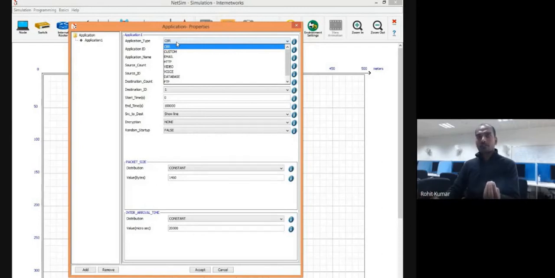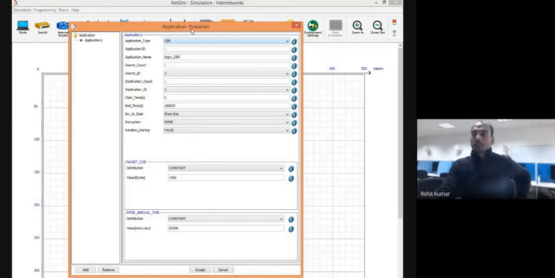Suppose I am using a mobile phone with just 512 MB RAM. Then it is not supposed to process some heavy graphics applications. My video quality will be very poor in that. Real-time video conferencing will be in trouble. So whenever you choose the application type, consider which particular type of application device, which particular type of networking device you are going to use.